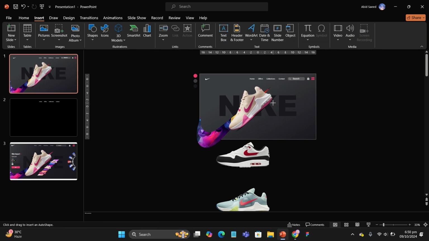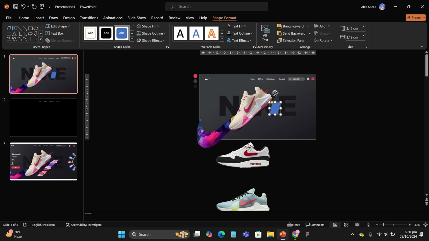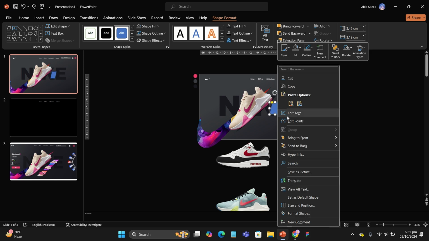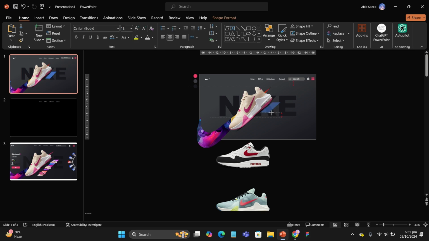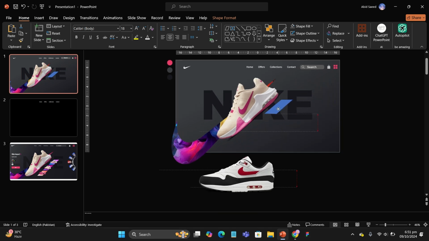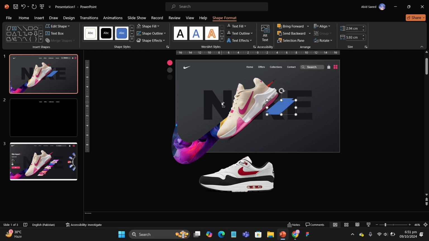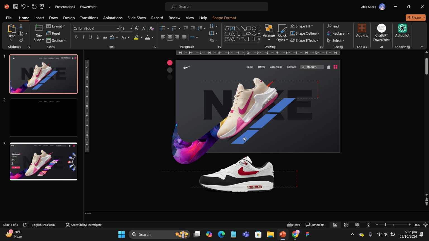And let's add another shape, and that is gonna be a rhombus. Let's rotate it and right click on it and go to edit points, and let's add edit points like this and make it more rotating like this. And what we're gonna do next is increase its size. And what we're gonna do next is duplicate it and place them side by side like this and put them